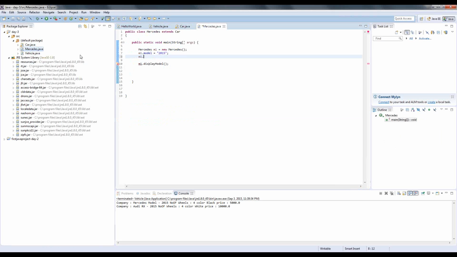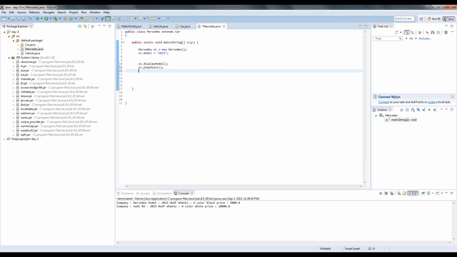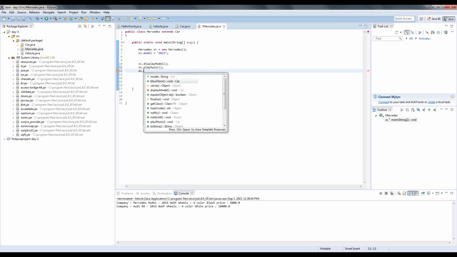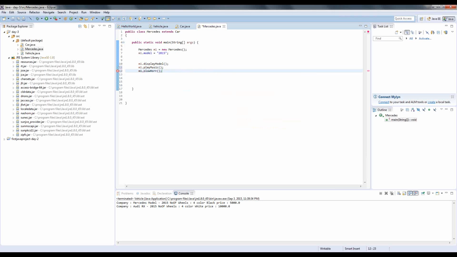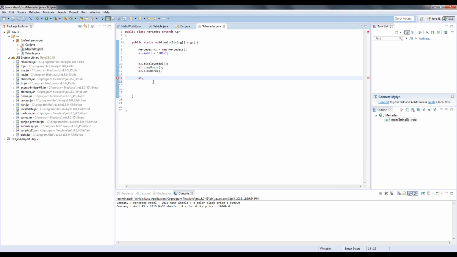So as you can see here, m1 dot display model I can do, m1 dot play music I can do, m1 dot blow horn I can do. But m1 dot, if I say show me this project code name, it is private, so I cannot use it here. So now you might be wondering